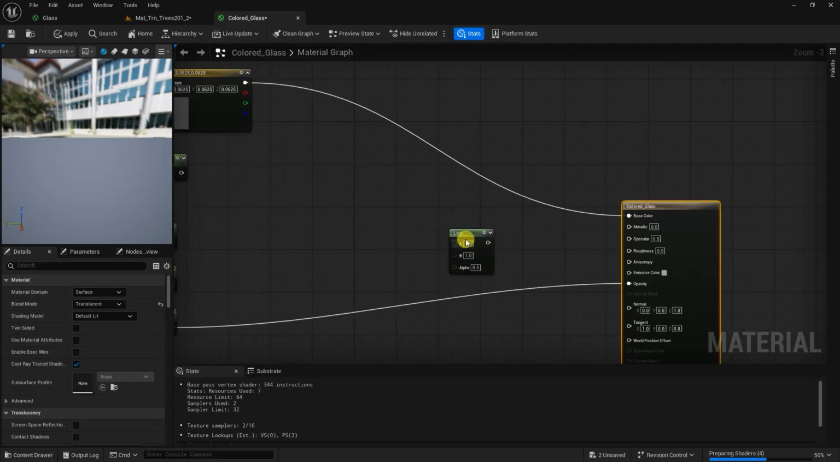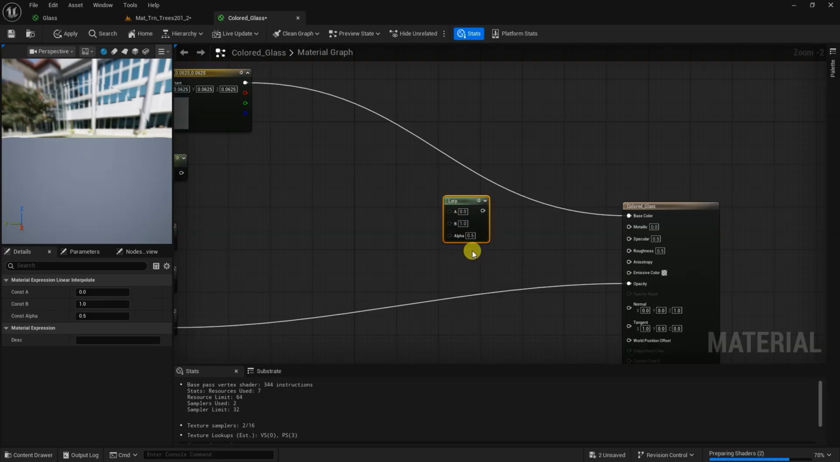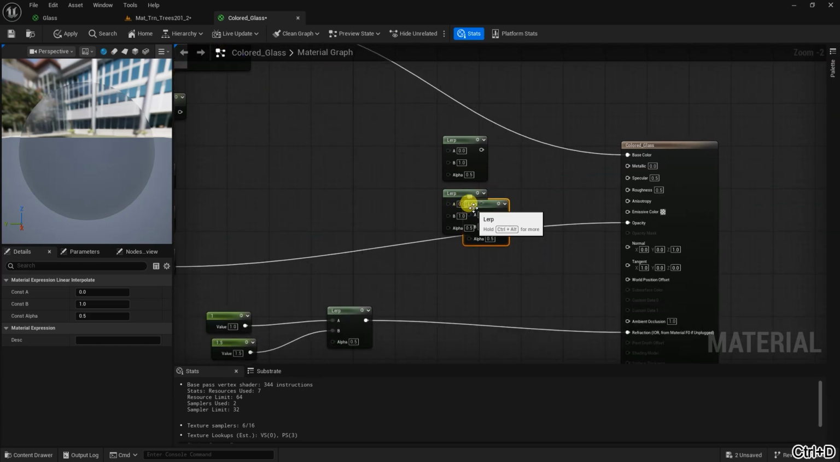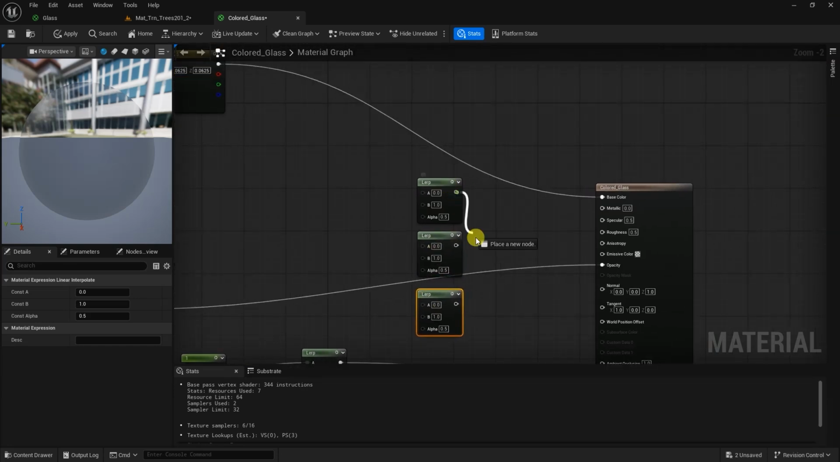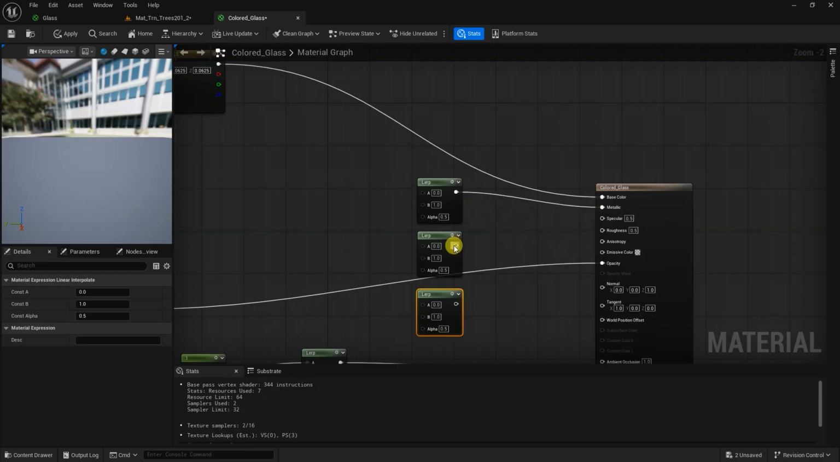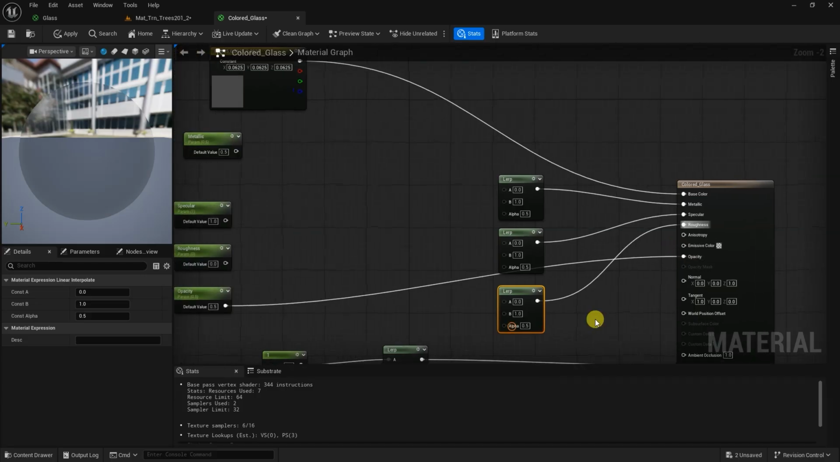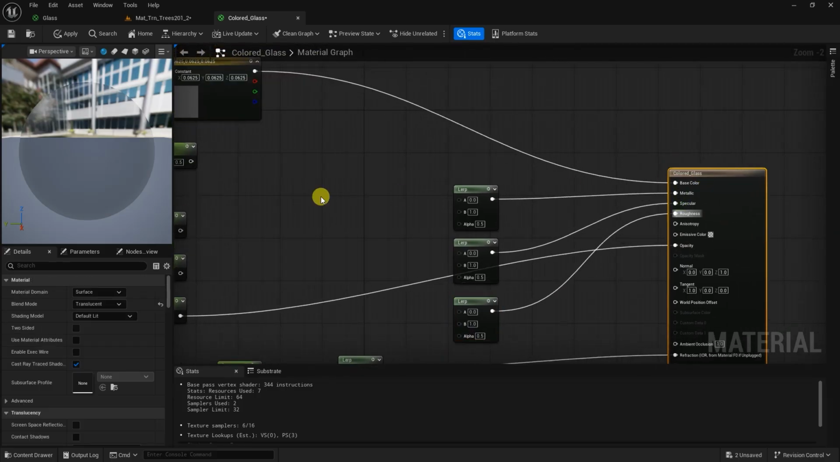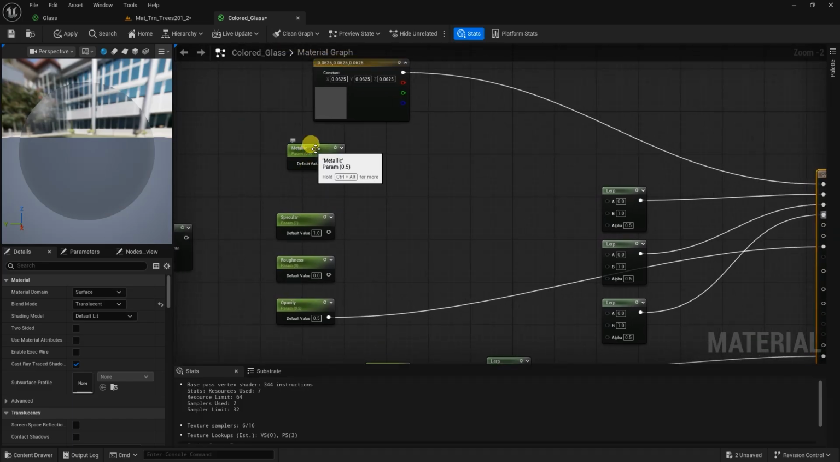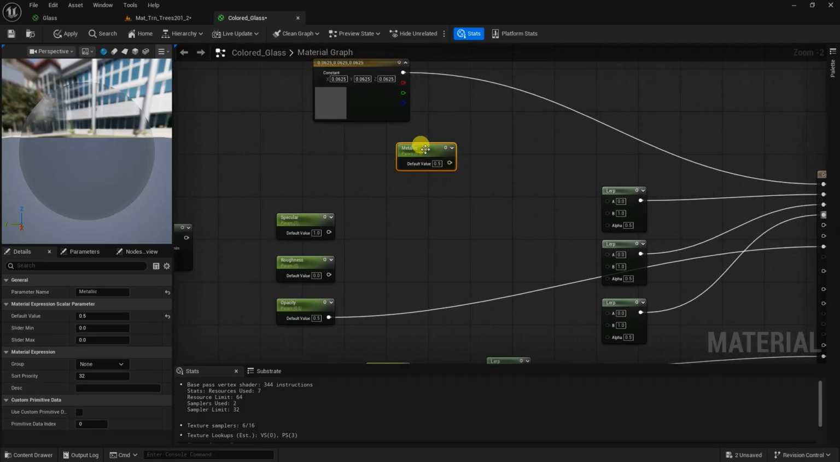So for these three, I'll just make a duplicate of it. Control D. Okay, Control D. So these three lerps we are creating, and this would be for the metallic. Okay, specular, roughness, right? So these three nodes I just connected, and this metallic we are duplicating, right? And first we will have to change the name to metallic